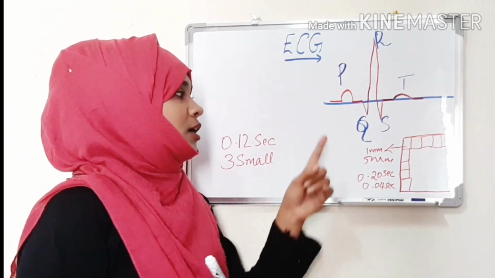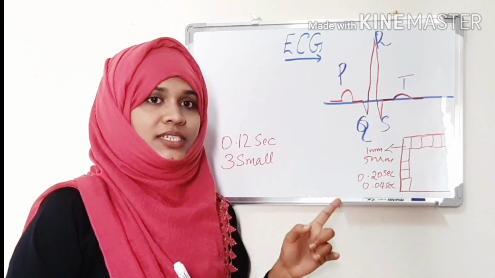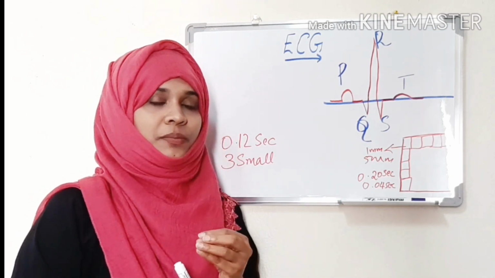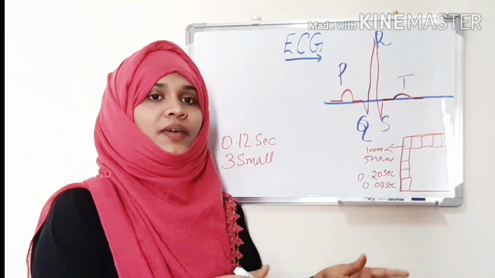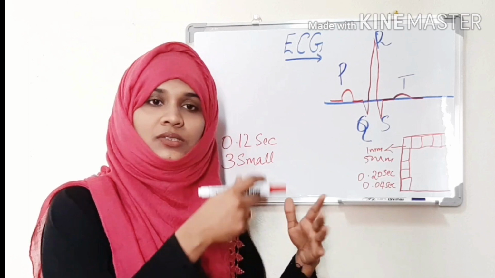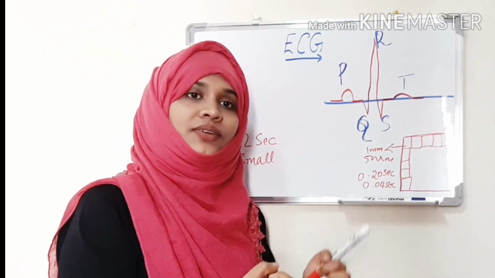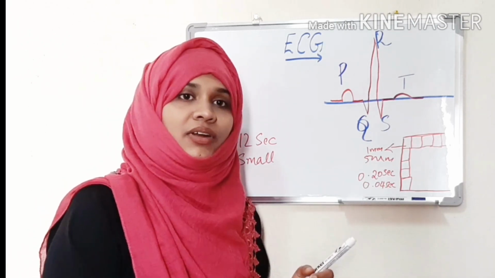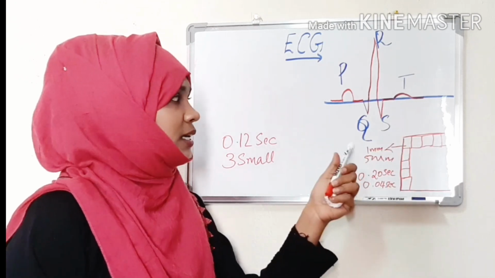Next we will go to the QRS complex. What this QRS represents in ECG means ventricular depolarization. Ventricular depolarization means as the SA node generates impulses, it passes through the internodal pathway, AV node, bundle of His, Purkinje fibers. So that process will cause ventricles to contract, and the ventricular depolarization or ventricular contraction represents QRS complex in the ECG.